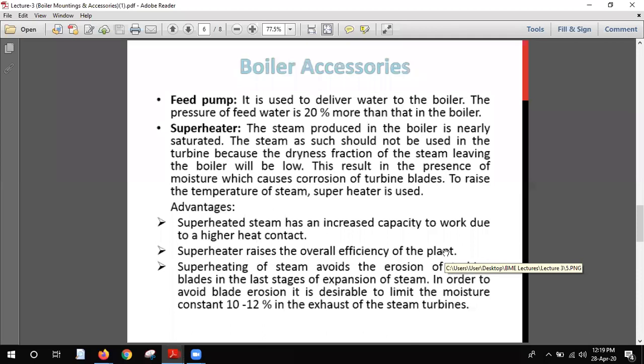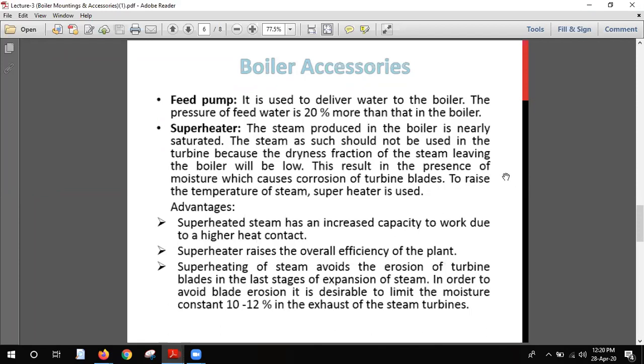And also when we make superheated steam, there is no water element, no water particle inside that steam. The turbine blade is made of metal. So when there is a water element with the metal, it can react and cause erosion. It can damage the turbine blade. But when we use superheated steam, it has no water element, so the turbine blades are safe, and they become long lasting. So these are the benefits of using superheated steam.